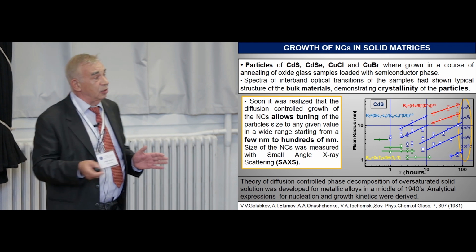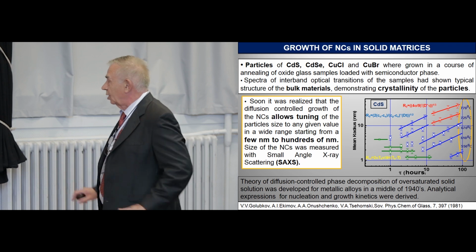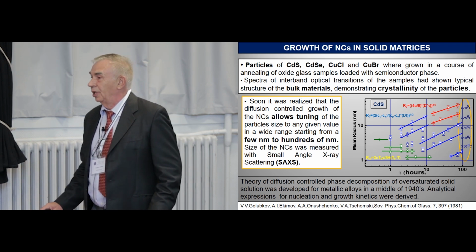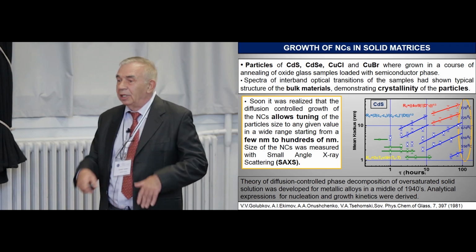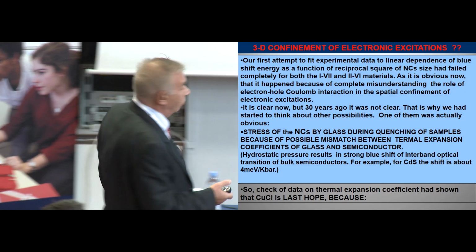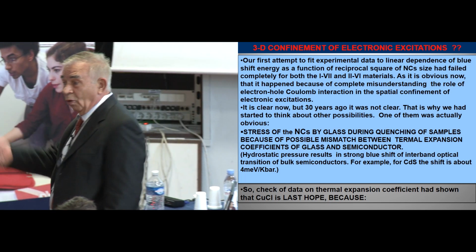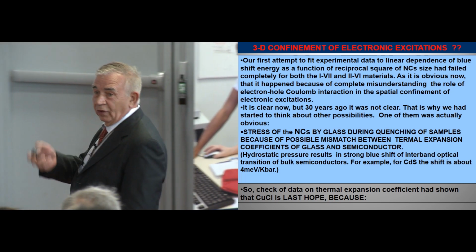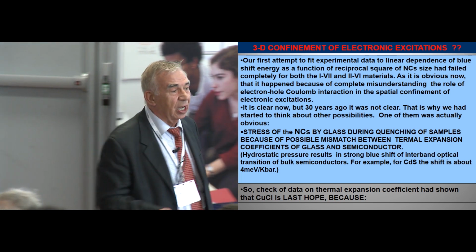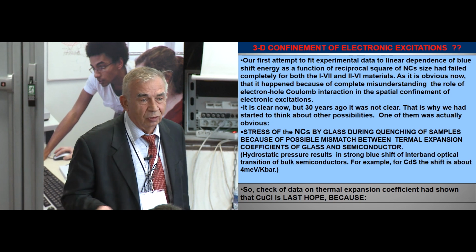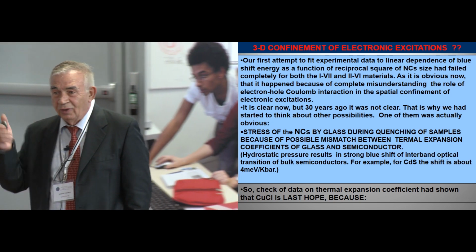And this was very good for us from the technological point of view, because we had some solid foundation to make the process stable and reliable and repeatable. So now we have samples, we have optical spectra. This means that we have energy of electronic transitions, and we have size for each sample. So it looks like we have everything just to claim that we see the